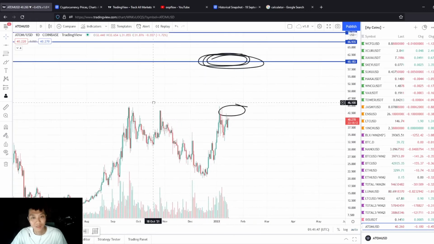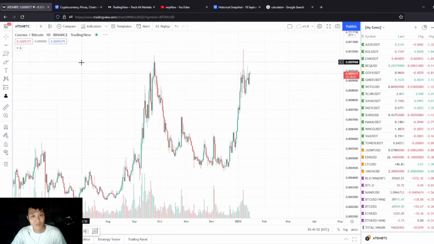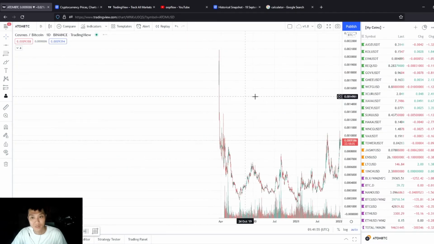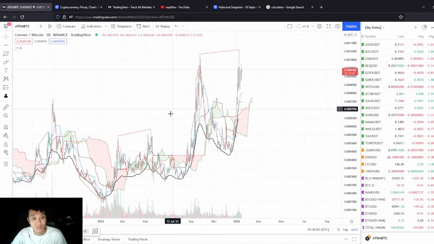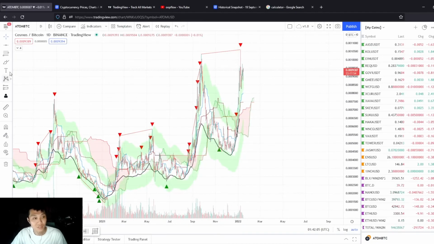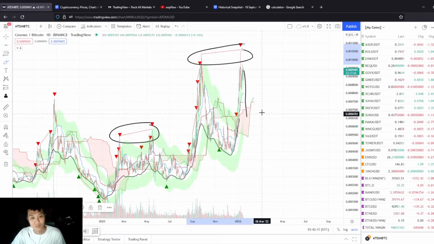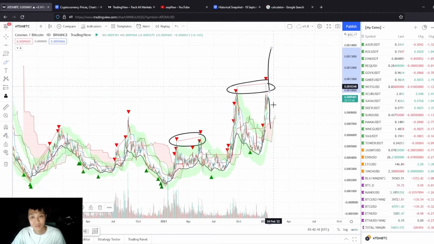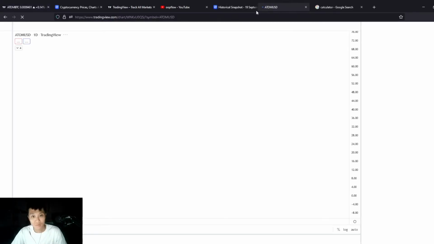Does it have to go up? No, not necessarily. Atom may not necessarily have to go up. If you go ahead and pull up Atom BTC, I'm going to put up my other indicators so you guys have a sense of what I'm looking at: Perfect Buy, Perfect Sell, Ichimoku. So if you notice, this is a divergence. There's a chance that Atom actually goes back down from here. It doesn't have to necessarily go up. There's a divergence here, and there's a divergence here. So can it go up? Yeah, it could. It can go down.